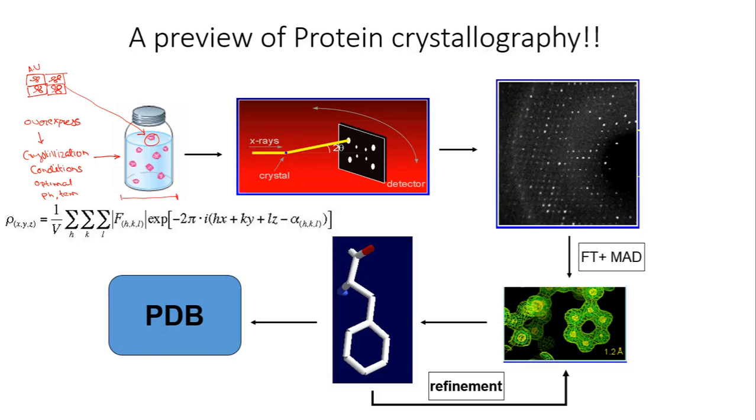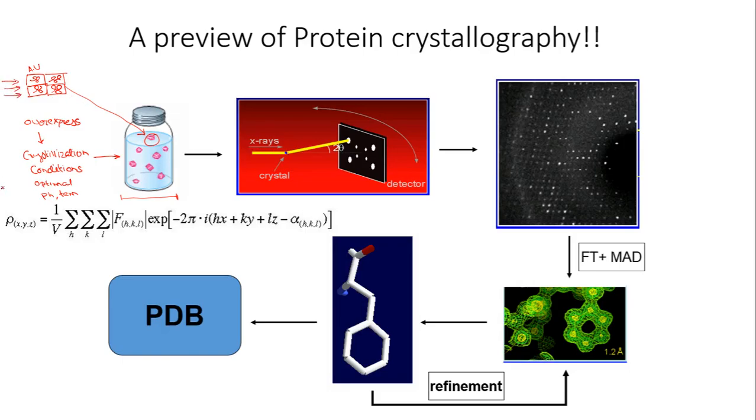So if you live in Pune, once you find out the crystallization condition, you might take that solution to NCL, where there is an X-ray crystallography facility available, and you would give those crystals to the crystallographer, and he would mount those crystals on the X-ray crystallography machine and expose your